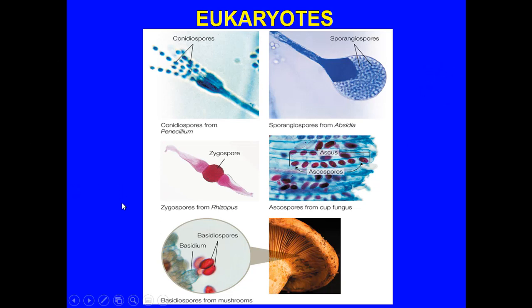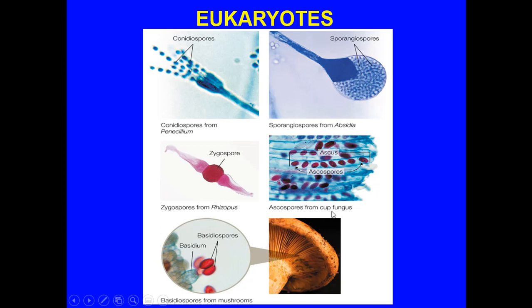Now this differs from what you see over here, zygospores of Rhizopus. Now the Rhizopus will have basically a haploid spore and a haploid spore. They'll meet together and form this zygospore. This is now in essence a diploid organism, okay? And by the way, Rhizopus, if you haven't heard of that before, that's what you see in bread that has formed a mold. There are some Rhizopus species that basically are those ones that cause moldy bread.